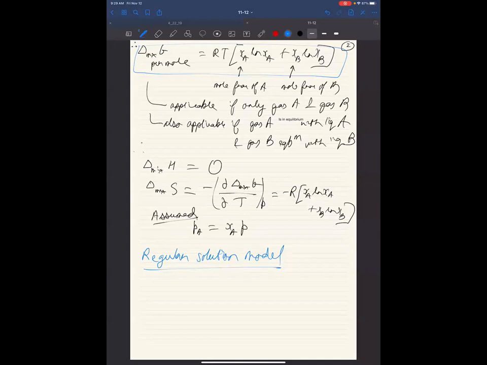So let me make a table which will show how these models work. And we will do regular solution model. There is a model which is even more complicated than this. I will tell you what it is. We won't be doing that one. So in order to do this, we have to think about, so let's make a table. In this table, I'm going to have